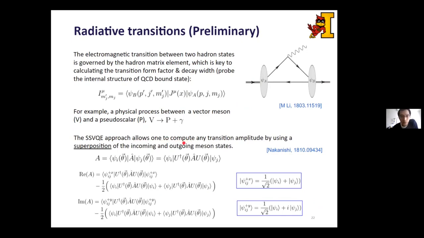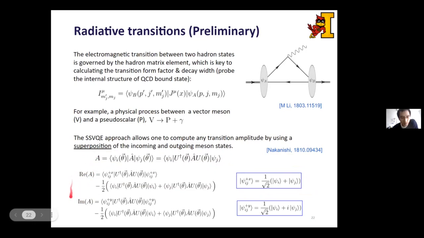So what you can do is basically you want to calculate this expectation value. But notice the initial and final state are not the same. So you can use this superposition trick of the incoming and outgoing meson states. So you construct your observable, you first compute the